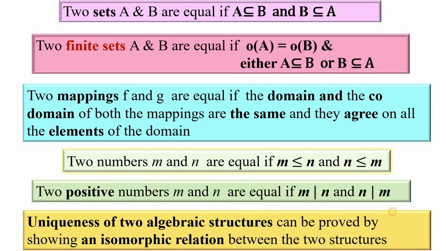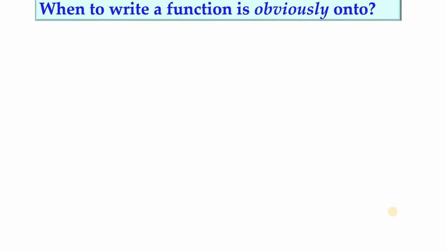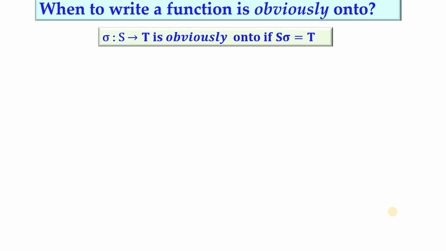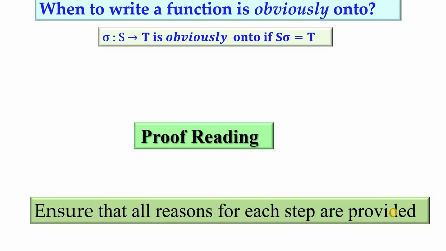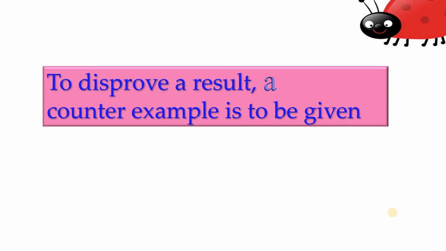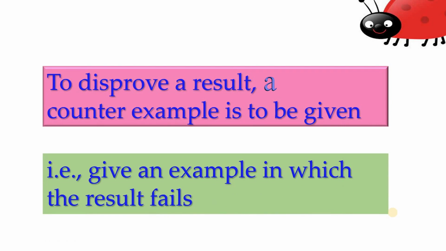the two algebraic structures. Now, in the case of a function, sometimes it is written, it is obviously onto. So when should we write a sigma from a set S to T to be obviously onto? When we have S sigma is equal to T. That is, the range of sigma is the whole of the codomain. Now, finally, after writing the proof, you have to give a proofreading to ensure that all the reasons for each step are provided. Now, supposing we want to disprove a result, then a counterexample is to be given. That is, give an example in which the result